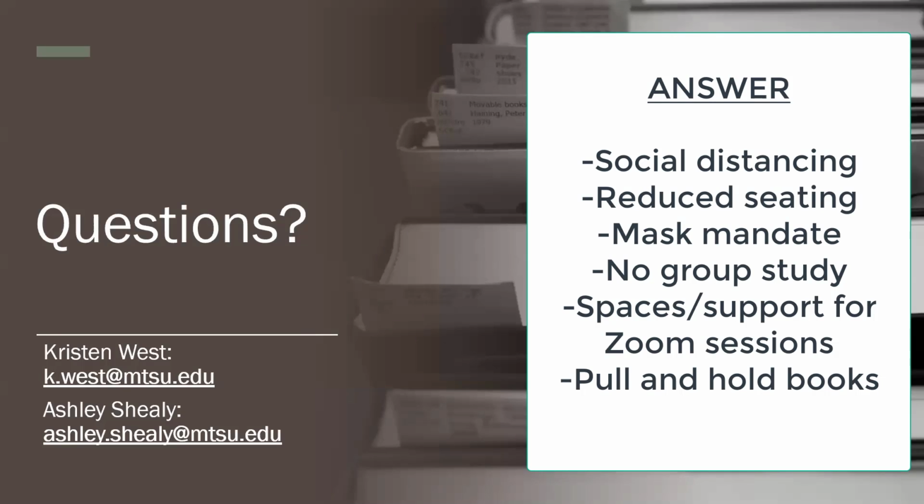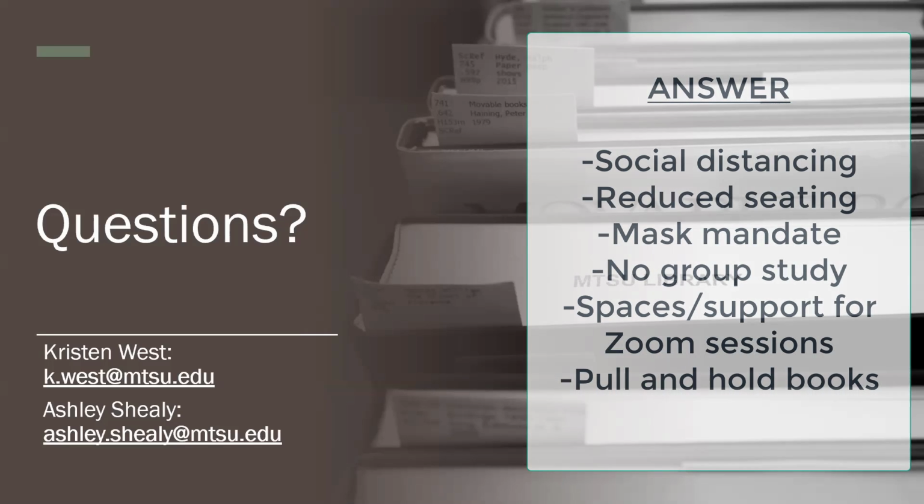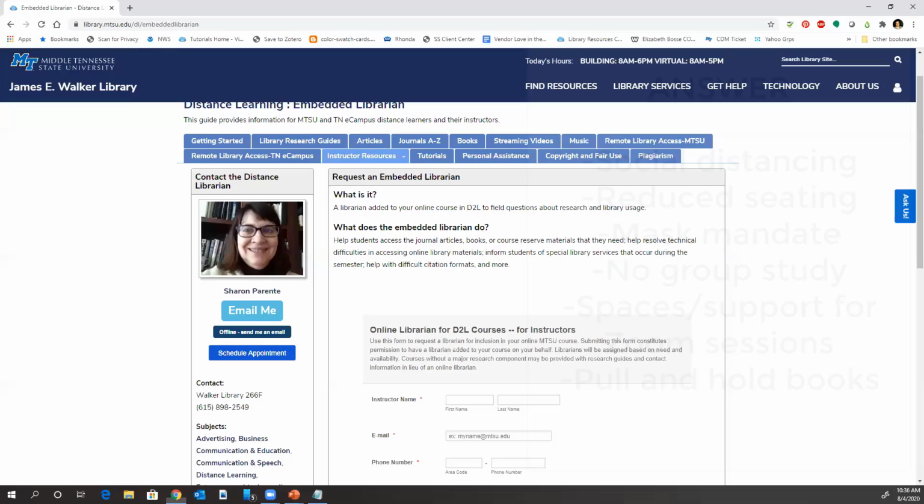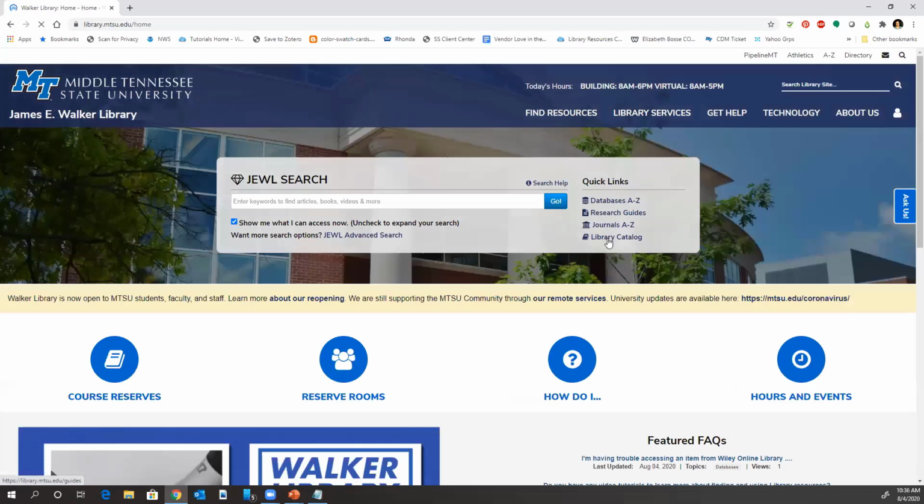I guess the other change that we've implemented over this break is the pull and hold, and Kristen and Ashley referred to that earlier. If you're not familiar with that, it's kind of our version of the Kroger click list. So if you're looking for things from our print collection, you can make a request for that through our online library catalog, and then our staff will pull those books for you, go ahead and check them out to you, and we have a